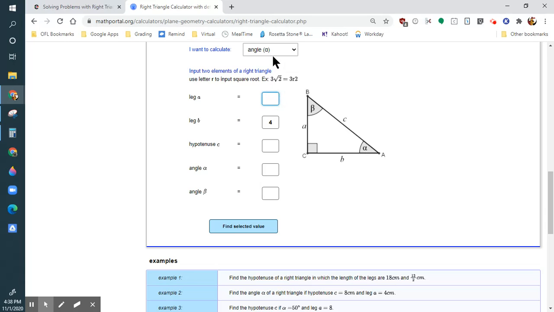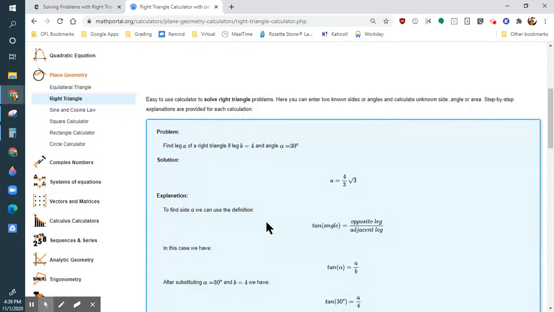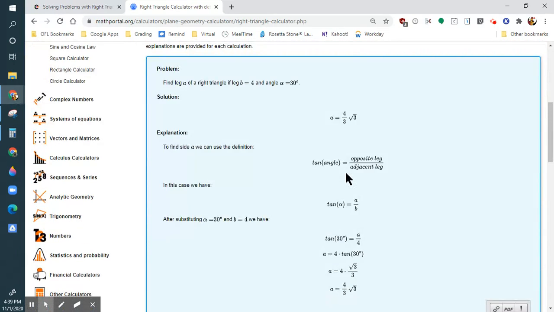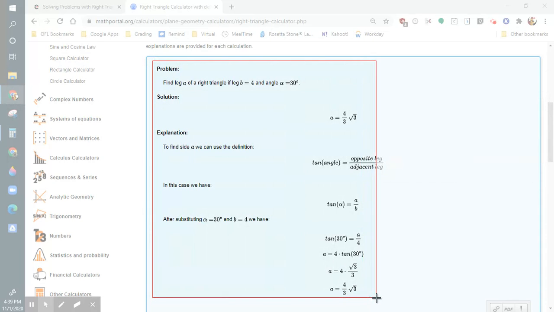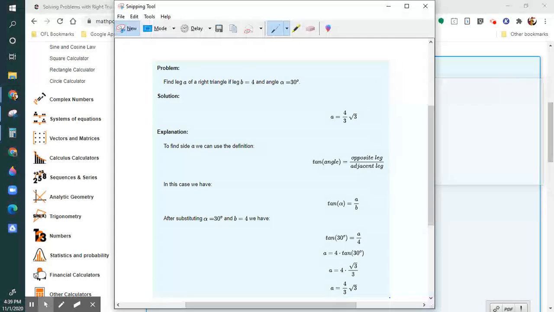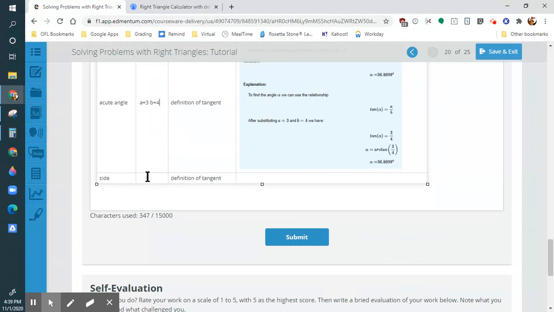So I'm going to delete little a. And now I need an angle, so I need my alpha. I'm just going to say 30 just to make it easy. And this should use a tangent function. And it does use a tangent function. And this one actually does fit. I was worried it wasn't going to fit because every time we were solving for a side, it wasn't letting us do it. We grab this, go over here, and we're going to say that our,